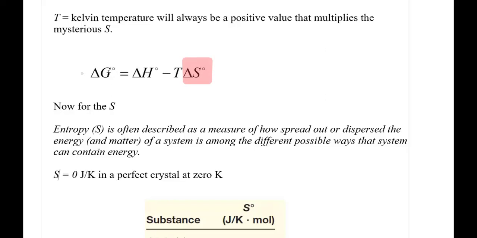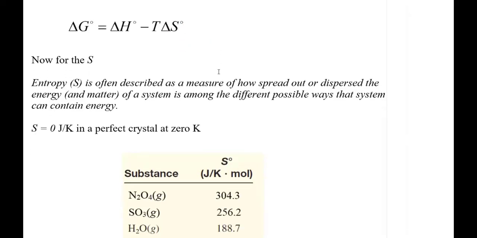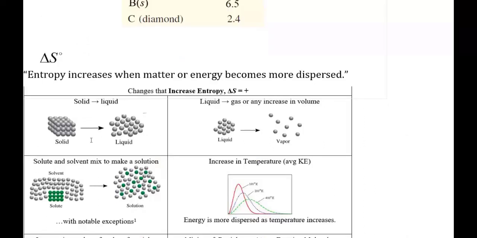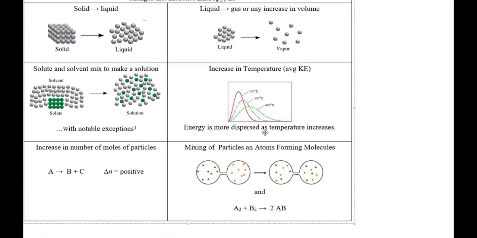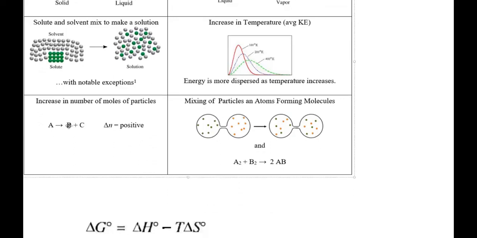You want more Gibbs free energy? You want to be able to do more work? Make its entropy increase. So, you want a reaction to have a negative delta G? Go forward, change a solid into a liquid. Change a liquid into a gas. Dissolve something. Now, there are some exceptions here, and we'll run into those later. This one really needs a footnote, and read that footnote. Increase the temperature. Yeah. Getting more particles. If you break things apart, if you